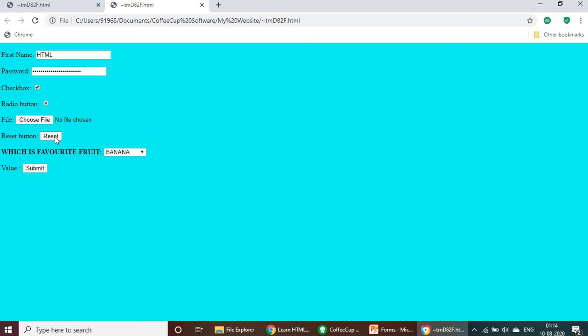When you click on reset, it will clear all the contents. Here you can see all the updated values had been selected. Clear. Perfect. It clears all the values from all the items like checkbox, drop downs, and any other updated values, everything will get cleared like this.